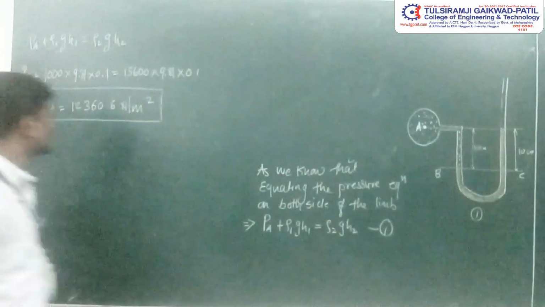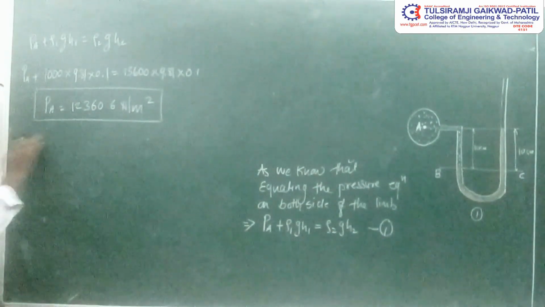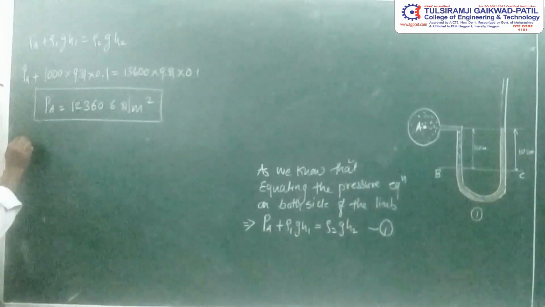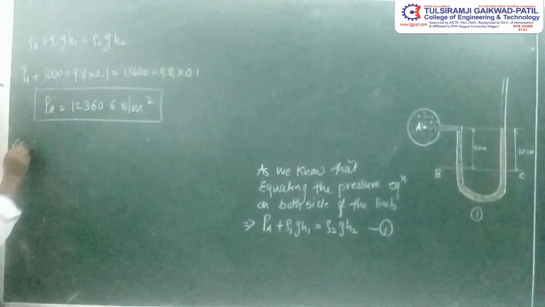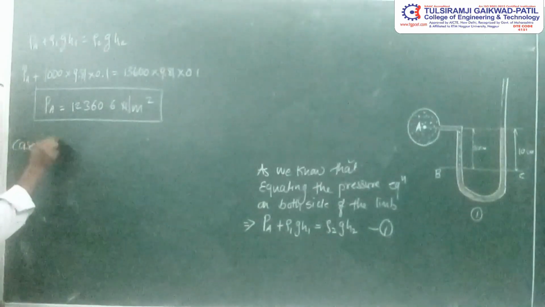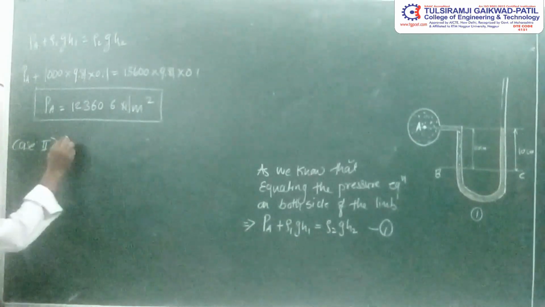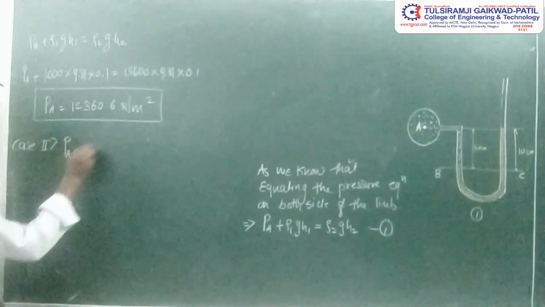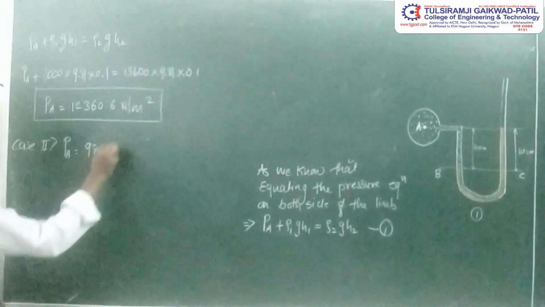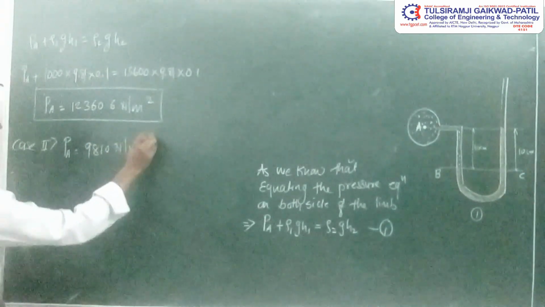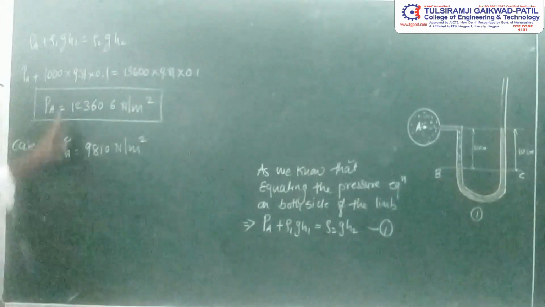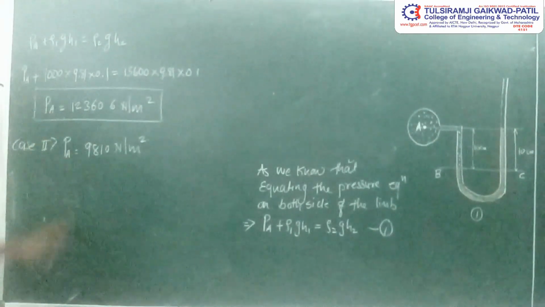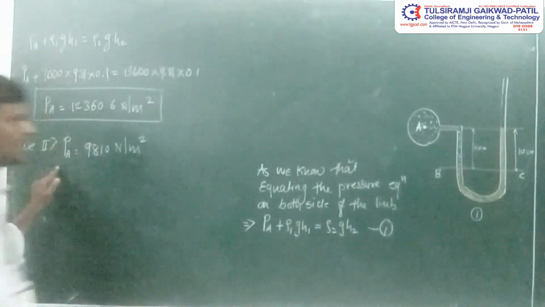Now what is given in the next case? We have to reduce the pressure, case 2. Pressure at A is 9810 Newton per meter square is given. We have to reduce the pressure up to this level. It means that for the second case, pressure at A is